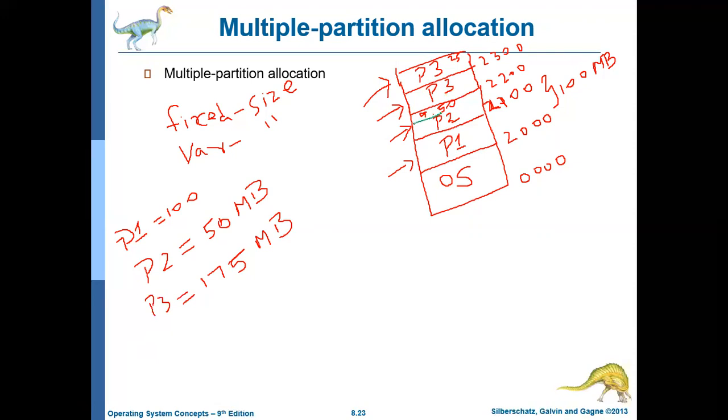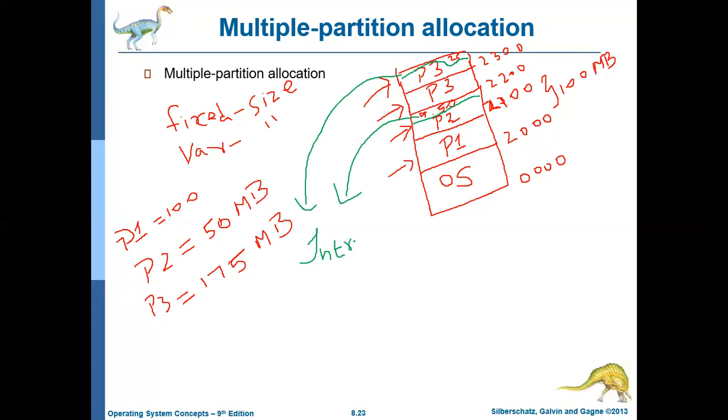Okay, so this type of memory which is getting wasted due to fixed size partition is called internal fragmentation. The memory that is getting wasted because of fixed size partitioning is called fragmentation, because the memory got fragmented. That is, it is split into pieces and it is becoming unusable.